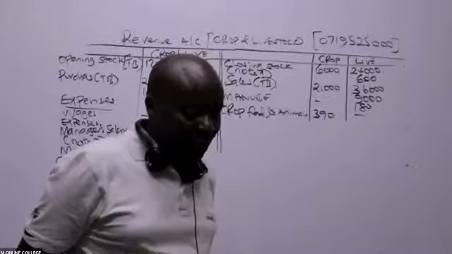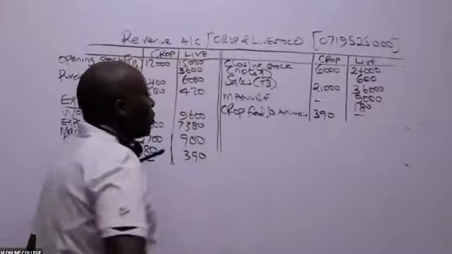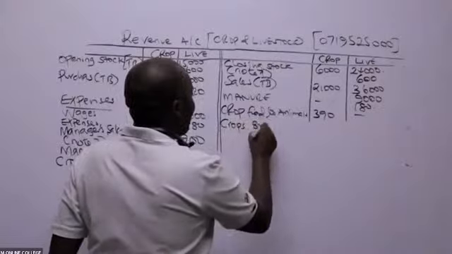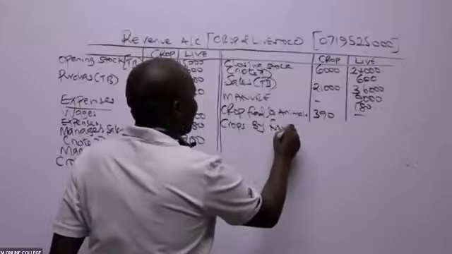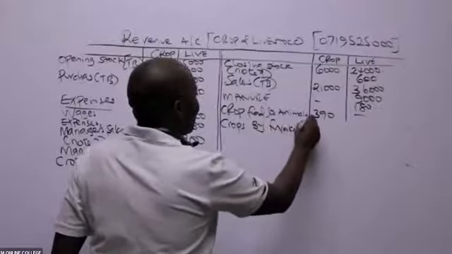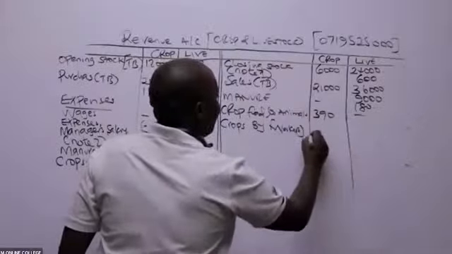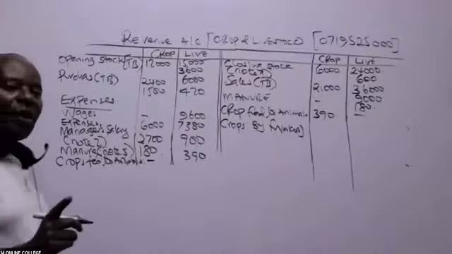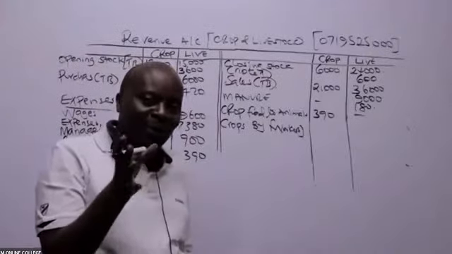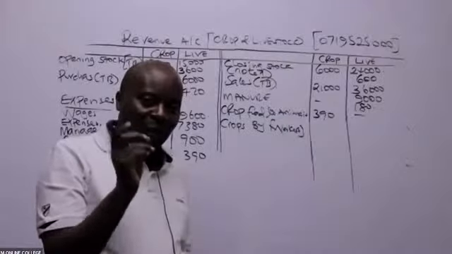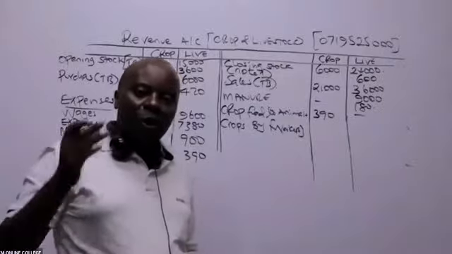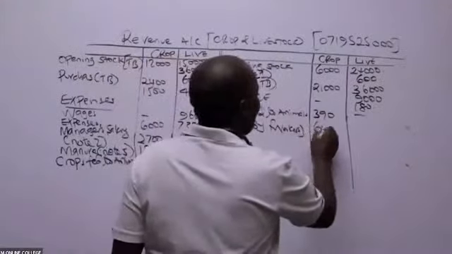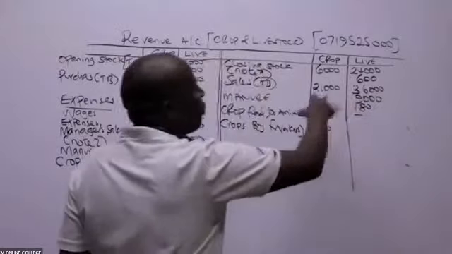Is there somebody who is able to see the crops consumed by workers? So what are we going to do here? Crops consumed by workers. Great, I love this. So crops consumed by workers, of course I can see an output from crops. That's not disputable. So how much is this? Ladies and gentlemen, this is 600 from the crops. Of course, here the animals are not involved at all.